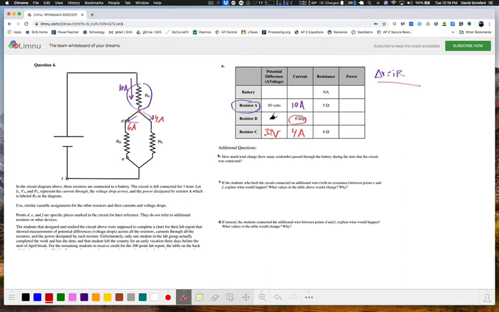But wait a minute, that means that the voltage across resistor B is also 32, because resistances in parallel must have the same voltage drops across them. In fact, any circuit elements in parallel must have the same voltage drop across them. So while I'm at it, if you had a capacitor in a circuit and also a resistor, and they happened to be in parallel with each other, like so, and this is just part of a circuit, I'm not going to draw the rest of it,